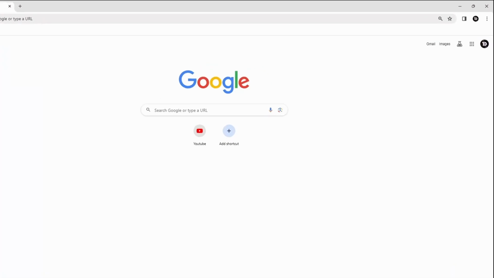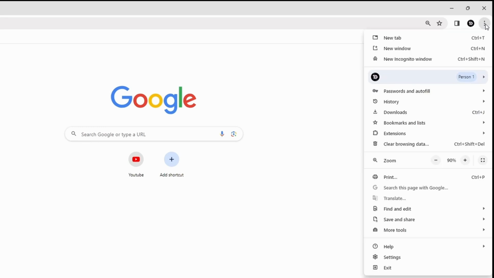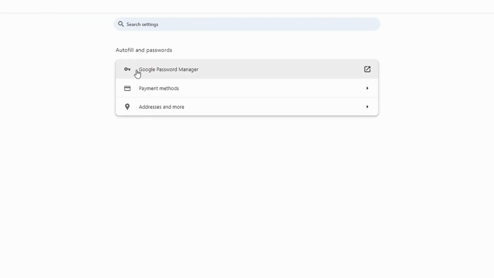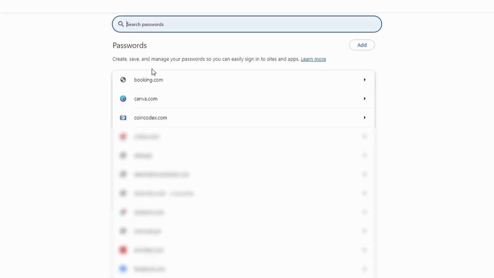Once you're in, look for the three dots in the top right corner and click on them to open the Chrome menu. Now scroll down and select Settings. A new window will appear. At the top left corner, click on Autofill and Passwords, then select Google Password Manager, where you can find a